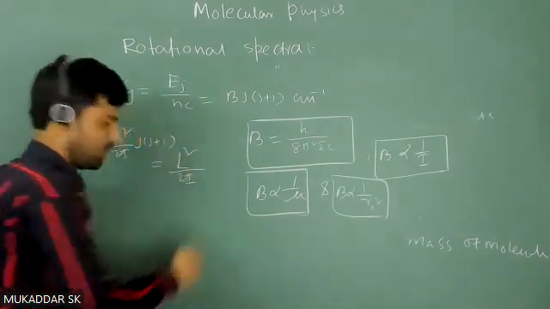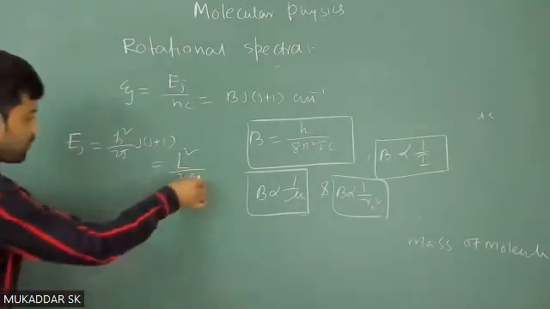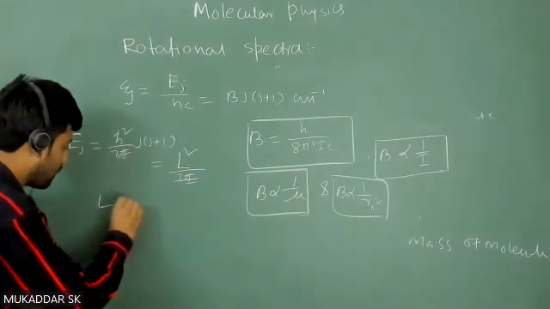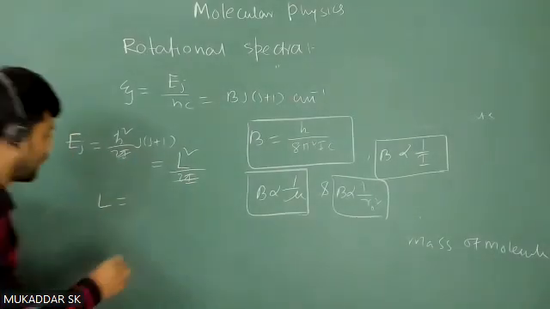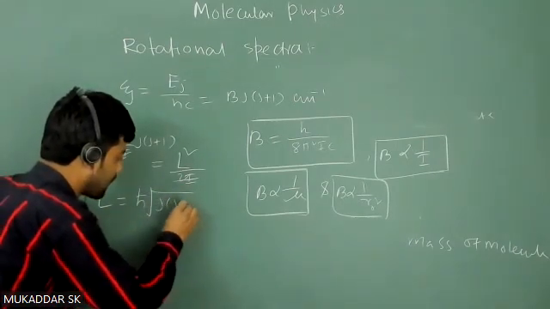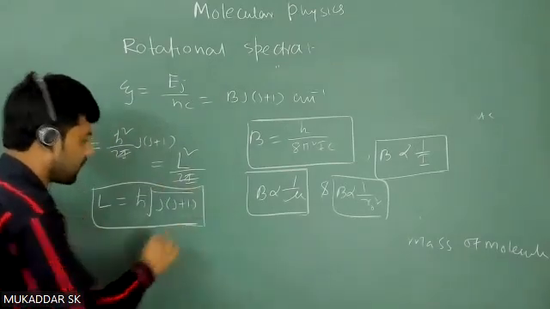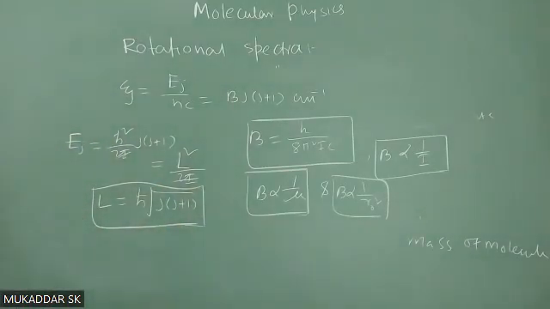L square by 2I. rotational kinetic energy को आप L square by 2I लिख सकते हो. तो यहाँ से 2I कैंसिल हो जाएगी. तो यहाँ से आप angular momentum कोई भी स्टेट का निकाल सकते हो. And that angular momentum is independent of I, it means it is independent of mu and R naught का स्क्वायर, ठीक है ना। तो यहाँ पे आपको पूछा जा सकता है कि ग्राउंड स्टेट का एंगुलर मोमेंटम